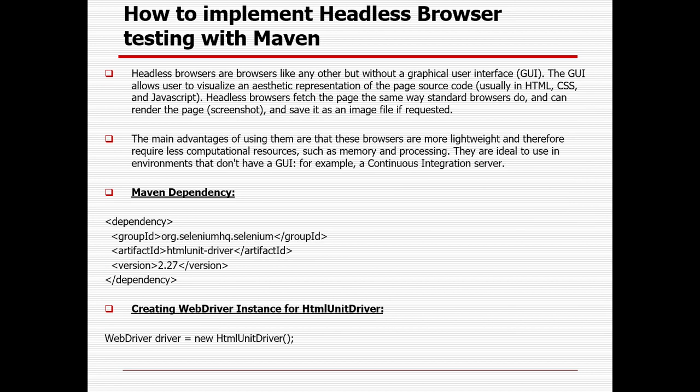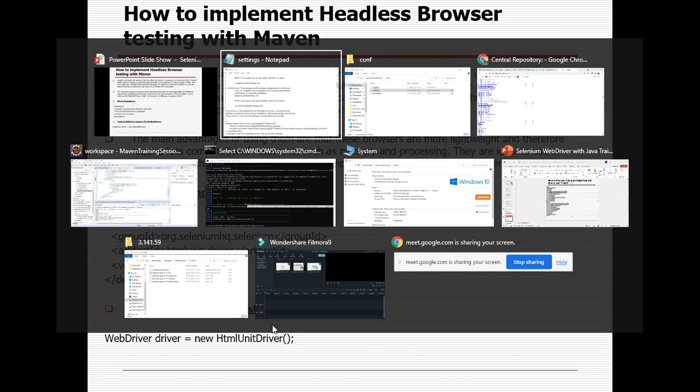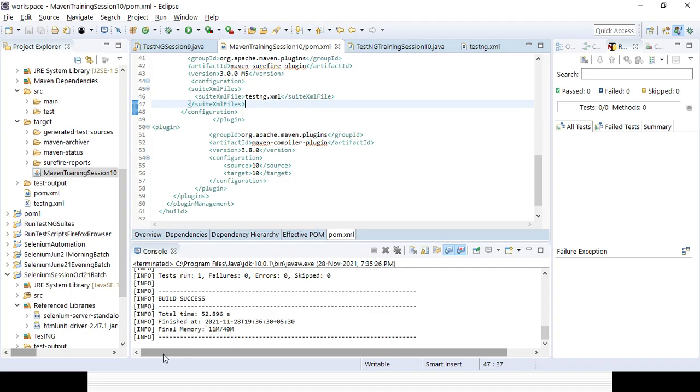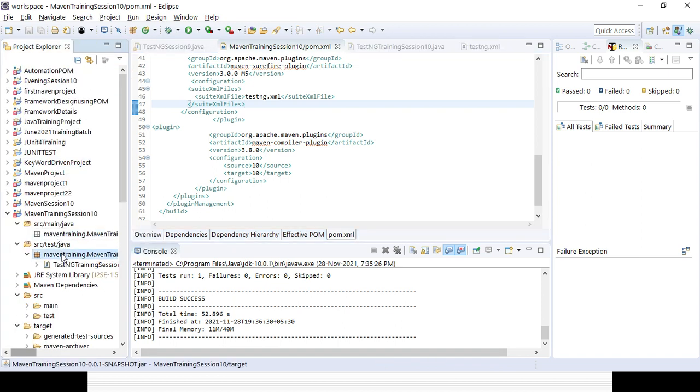Yeah, then the next question is how we can implement headless browser testing with Maven. So let's try to create a new class here. I'll be creating a new TestNG class here.